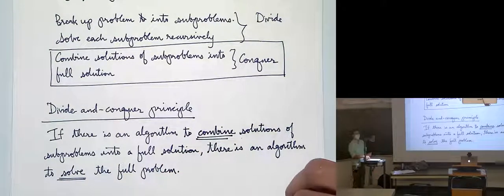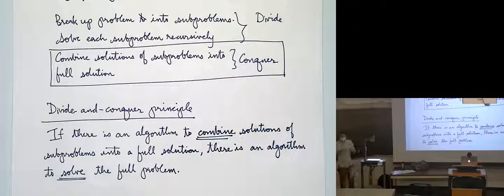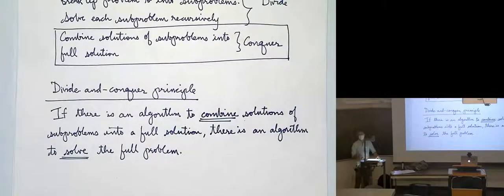So the way to think of this is, instead of trying to solve the full problem, if you can simply come up with a way of combining solutions, then the divide and conquer principle says there's an automatic formula to solve the problem. So this gives you an easier way to start approaching a difficult problem. You say, okay, suppose I could just get solutions to subproblems, and if I just know how to combine them, then divide and conquer says there is a generic way in which you can do this. The running time, which is the runtime analysis, which is often the most challenging part,